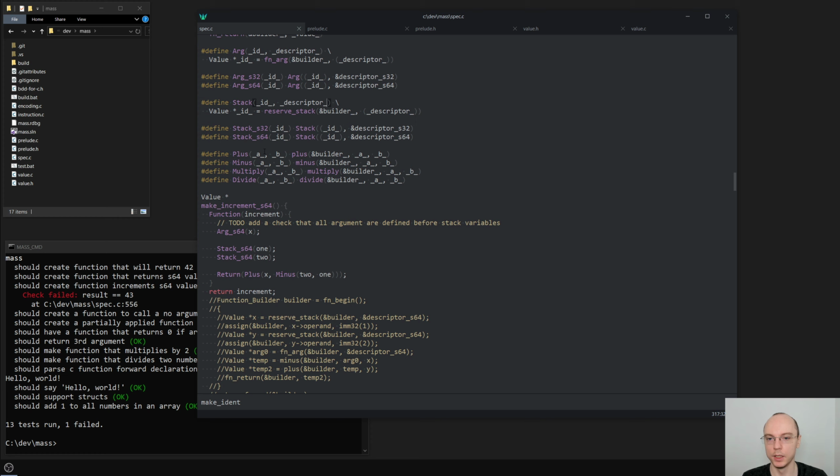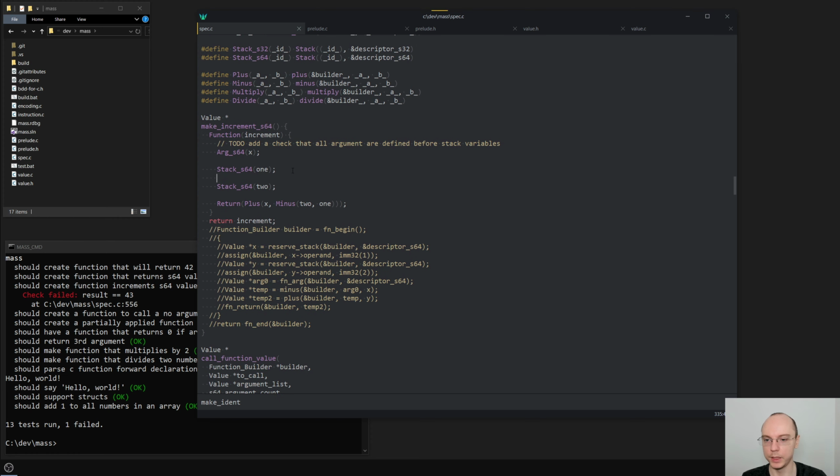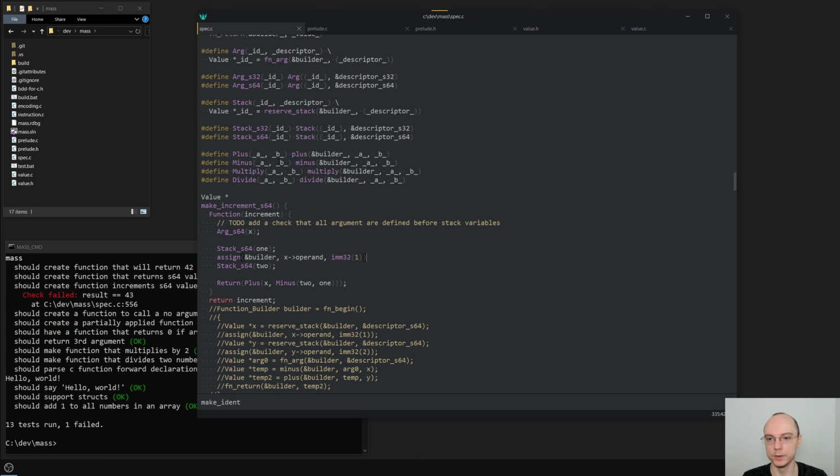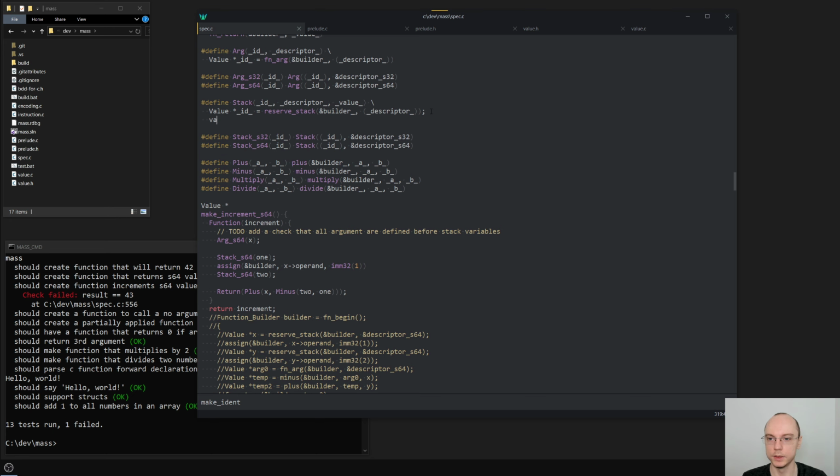For now, I will do this manually and use. Actually, we can use assign. This is fine. So let's just say value. Then we say ID assign